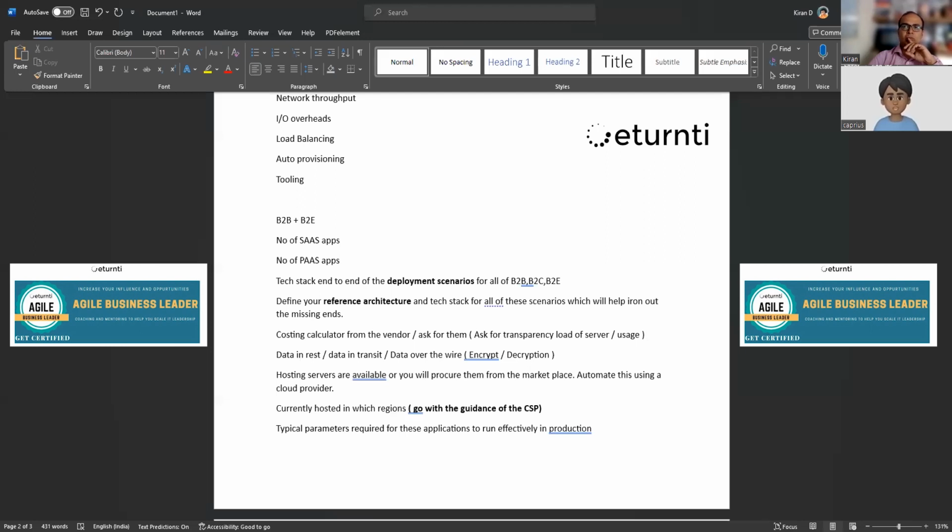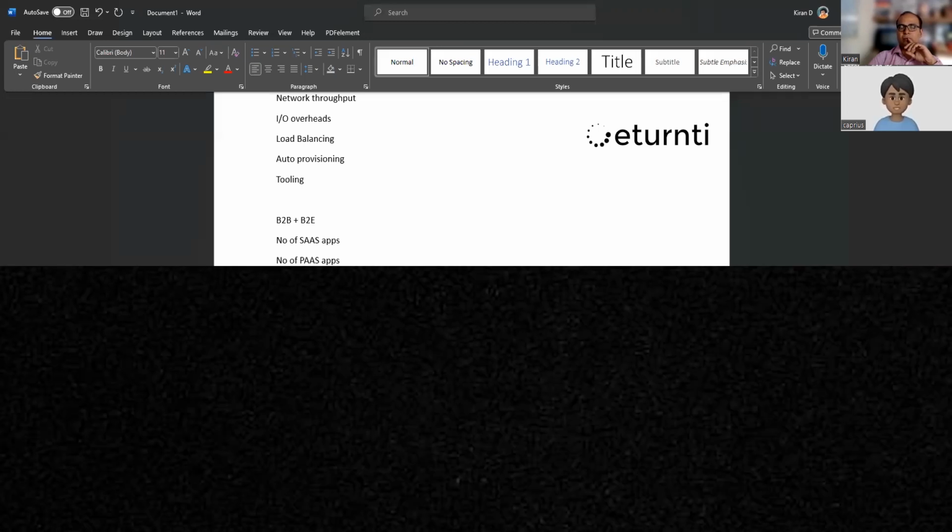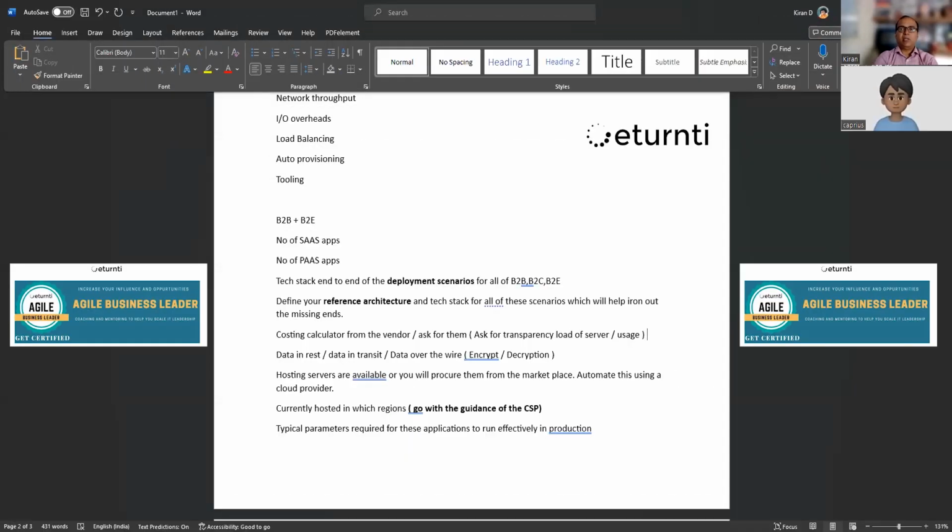So, the tech stack and end-to-end deployment scenarios for all B2B, B2C, B2E. These are the applications which are deployed for these personas, and how are they being accessed? How are they being deployed in production? How are they being used also? Once you know that, what are the requirements of these things in terms of hardware, software, and deployment,